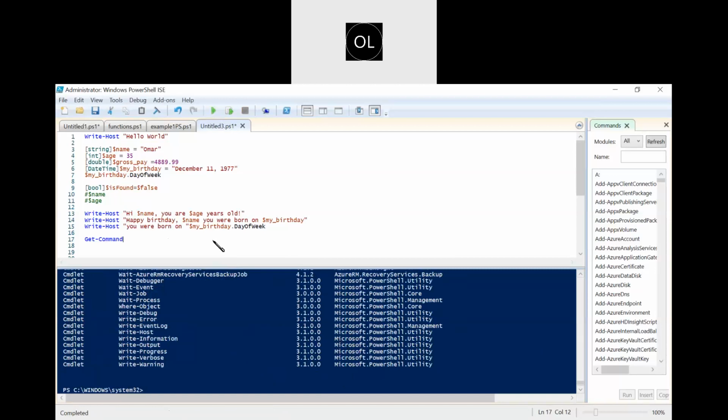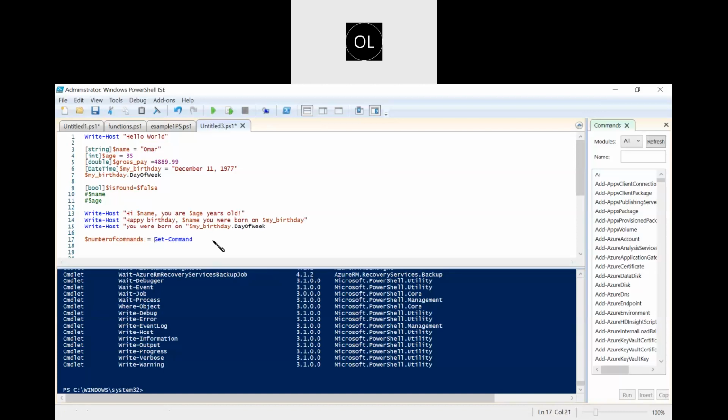I don't have an idea. How can we know that? Let's create a variable here. Number of commands. Equal